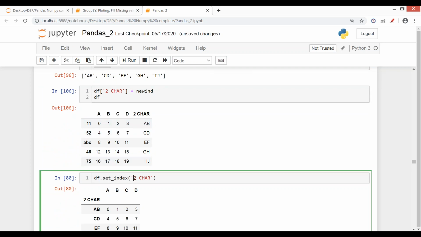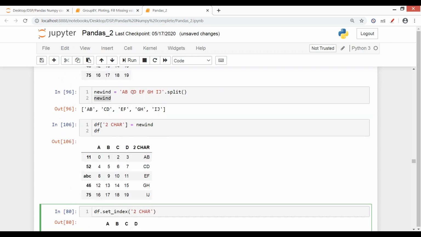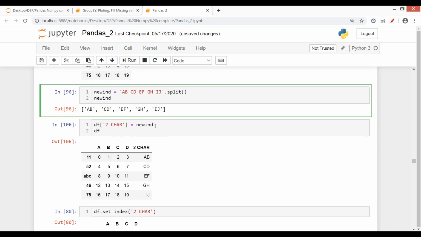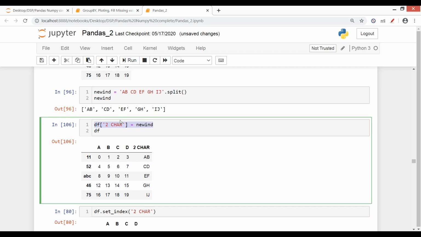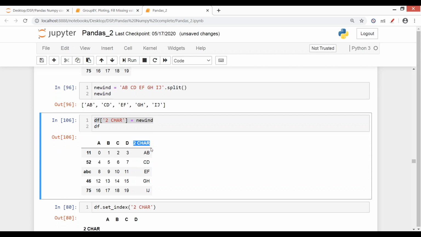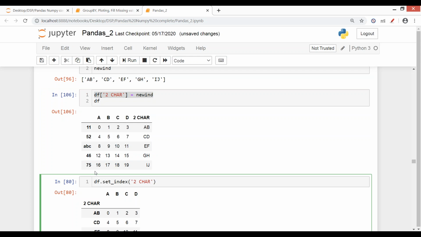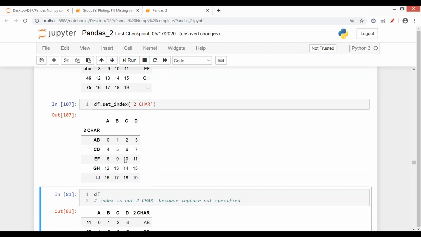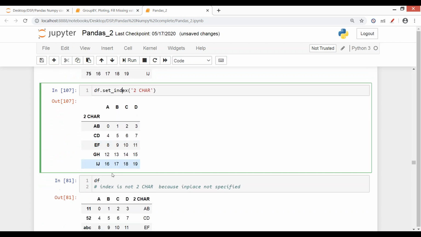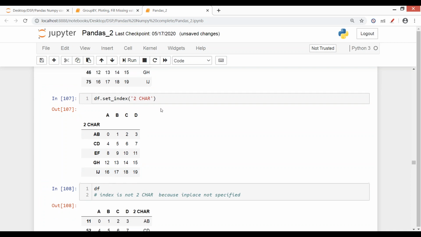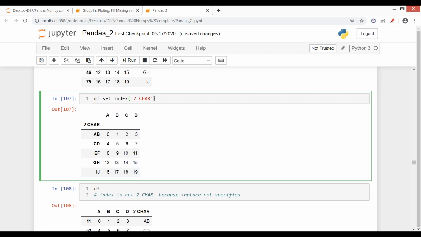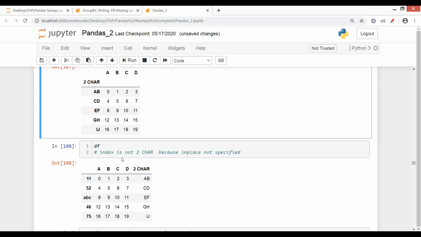So when I run this command here, you see by this command we have gotten the data, and then I've created a new column using this data A, B, C, D, and you see we have gotten this new column. Now let's say I want to make this 2char my index. For that the command is dot set index and the name of the column which you want as your index. Now when I run this command, you see df is my index now. But again, when I print it, df is not changed, because I have not done inplace equals true. So when you want to make the change permanent, set inplace to true, otherwise you'll see how the results will look like. And the original data frame still has 2char as your column.